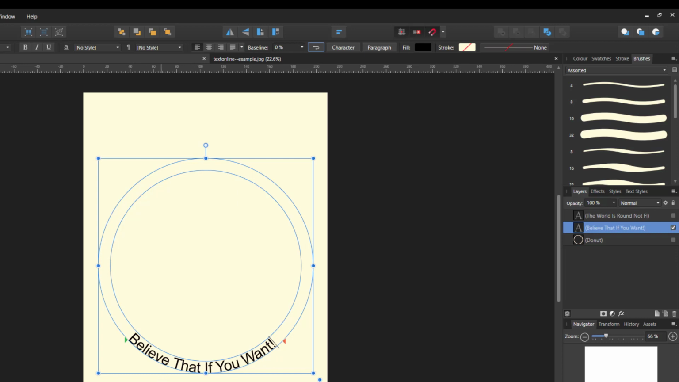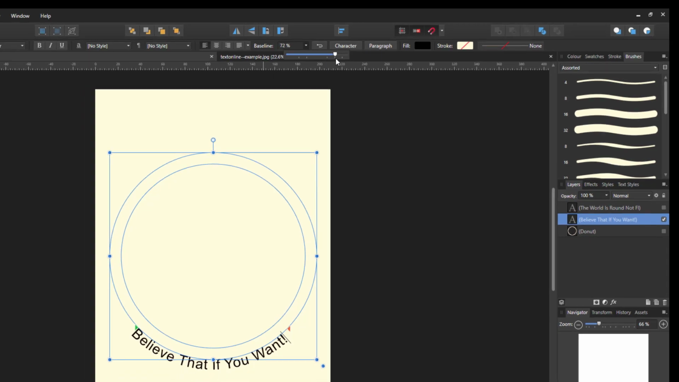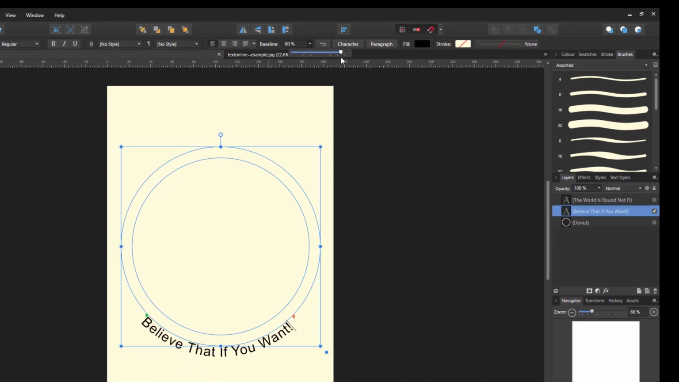So this is where we want to alter the baseline, and the baseline is in this option up next to the arrow. It's set on 0% at the moment. You get the drop down menu, you get this little slider. So if I bring this to the right, it will drop that text below the donut, or you could go even further into the donut. It's up to you and what you're trying to achieve. I'll put that there,